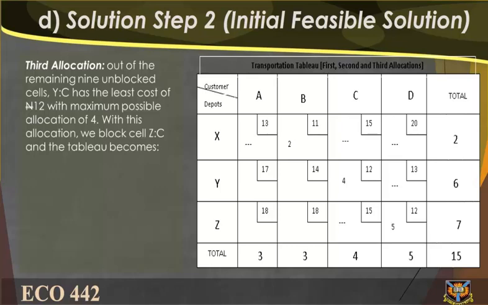Third allocation. Out of the remaining 9 unblocked cells, Y ratio C has the least cost of 12 naira with maximum possible allocation of 4. With this allocation, we block cell Z ratio C and the table becomes